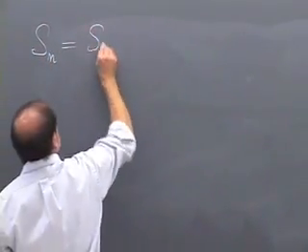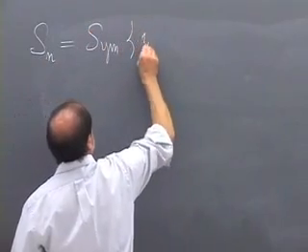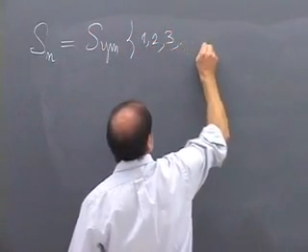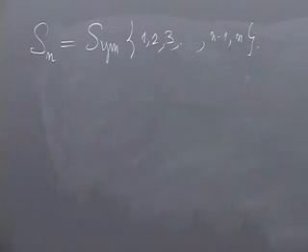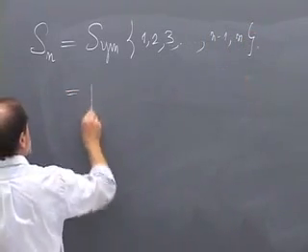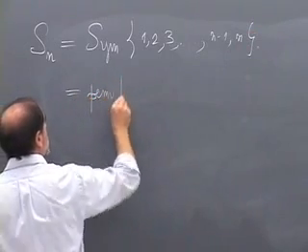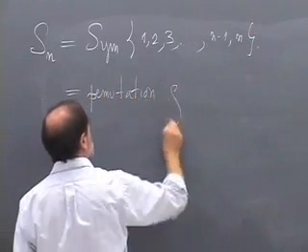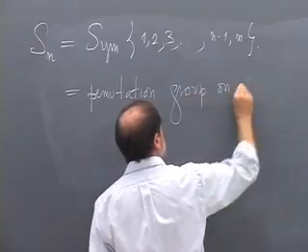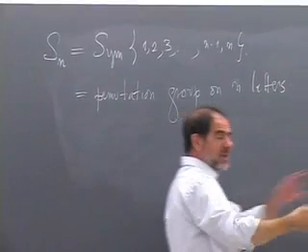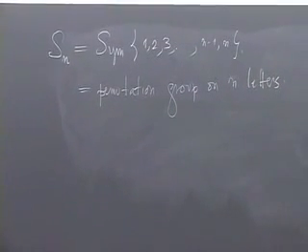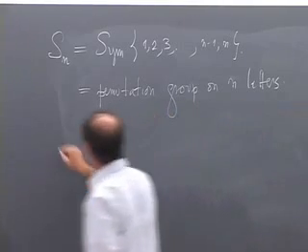So here's a nice group called Sn, which is the symmetry group of the set 1, 2, 3, ..., n minus 1, n, a finite set of n elements. It's sometimes called the permutation group on n letters, because an automorphism of this set just reassigns the places in line. And we saw that this is a finite group